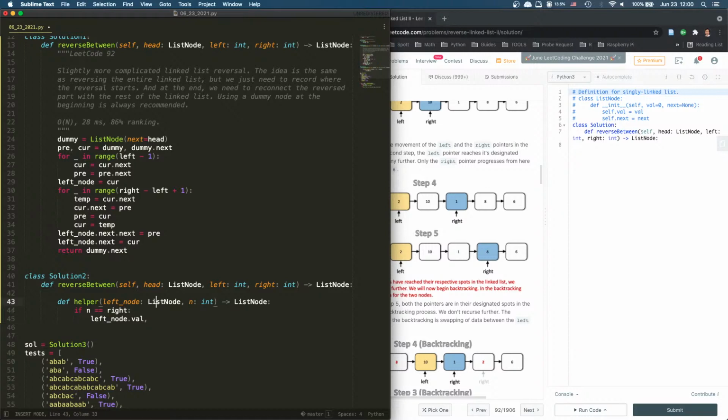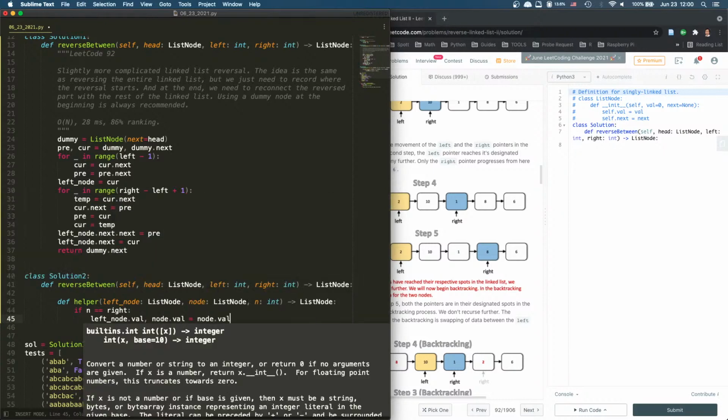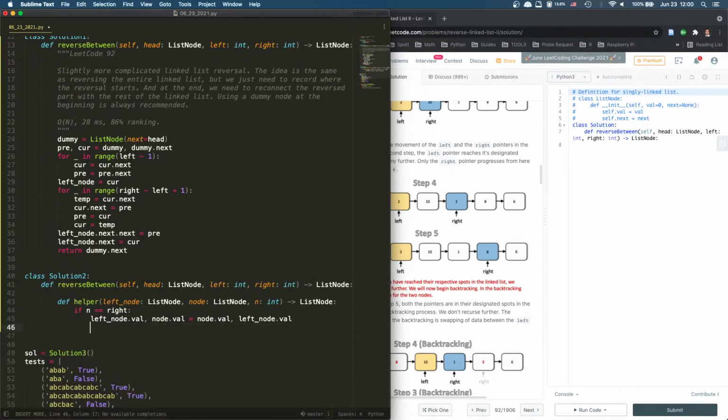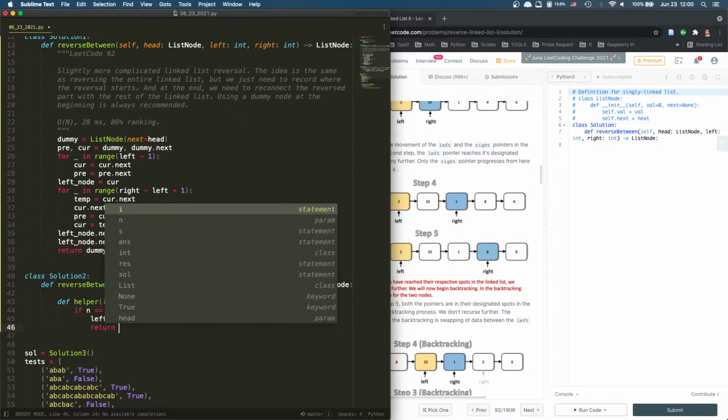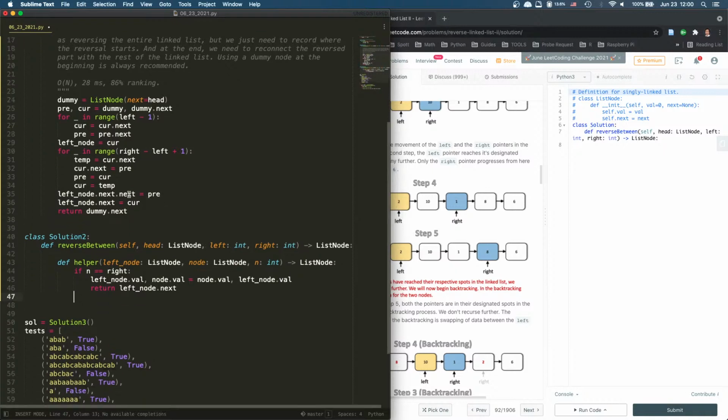Oh, left node, current node. We do need two. Right, and then node.val equals left node.val. I'm going to return left node dot next, right? Otherwise,